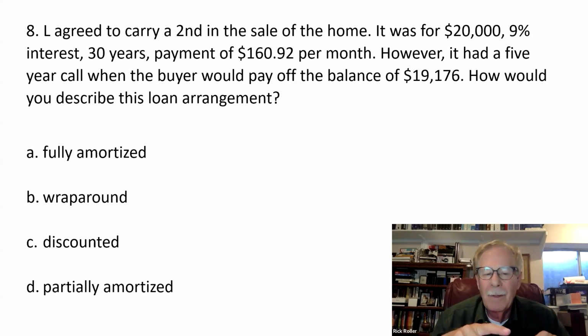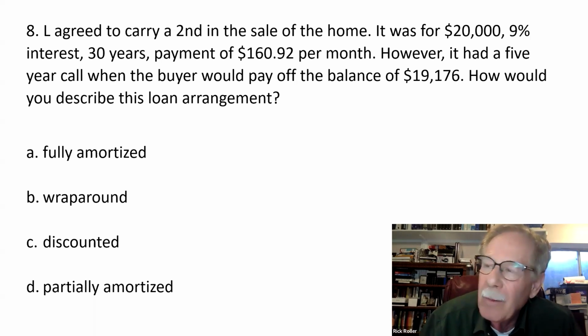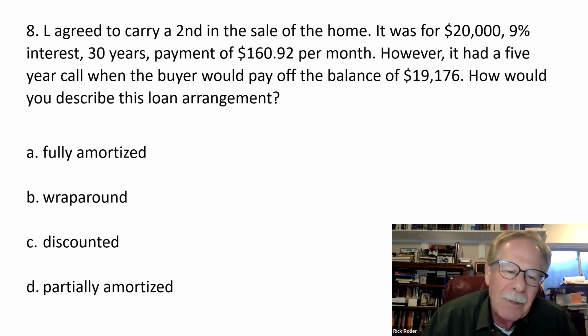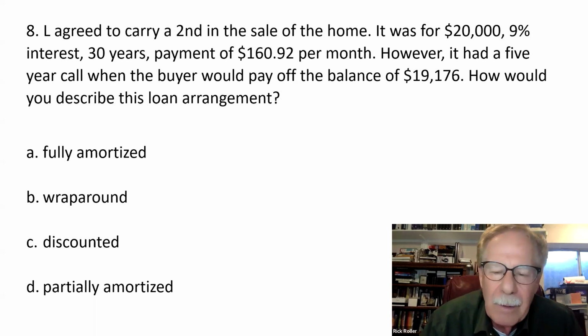A wrap is a loan where your collateral is more than one property, or, usually the more common use of a wrap, is where you have an existing loan on the property you're buying, and the seller says, hey, why don't I carry that? I got a 3.5% loan. This guy's willing to pay 6. So why don't I wrap that 3.5 and carry not only the amount left on the 3.5, but the additional monies over that it would take to fully fund the financing that the borrower is trying to get for the